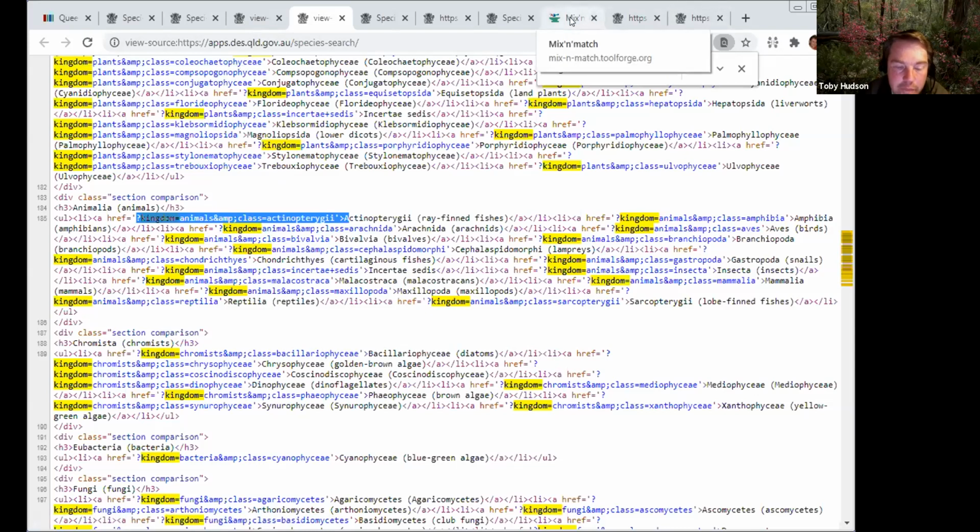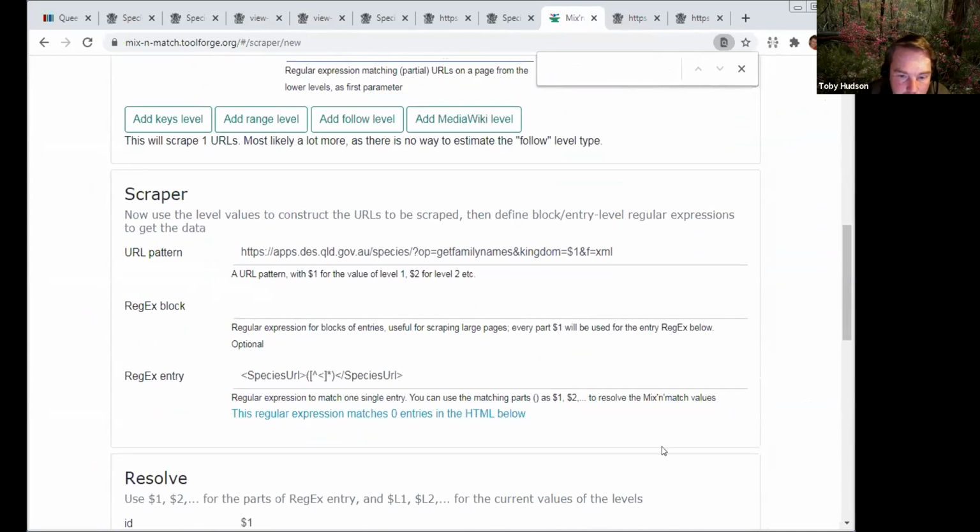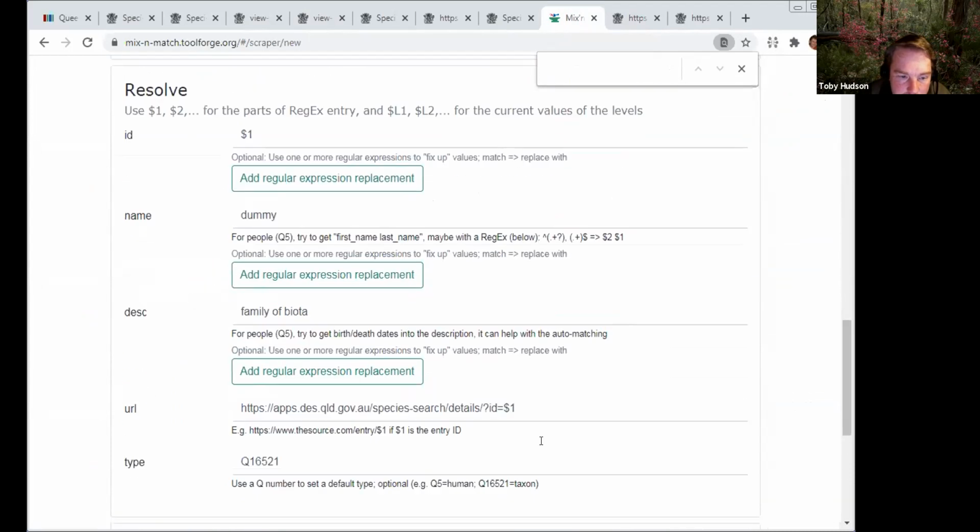One way of getting them separately would be to do them level by level. We could get just the kingdoms, then have a whole new level to get all the classes in all the kingdoms, and then another new level to go the third step down. We might do that if it causes us too much trouble. I don't know how to do a replacement. There's a way of doing replacements down